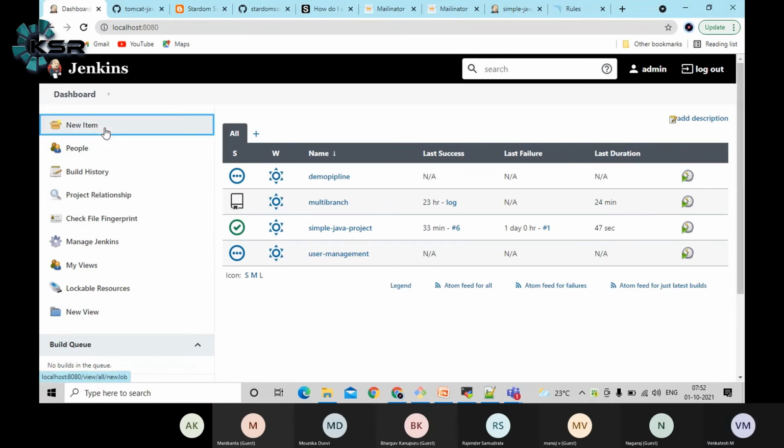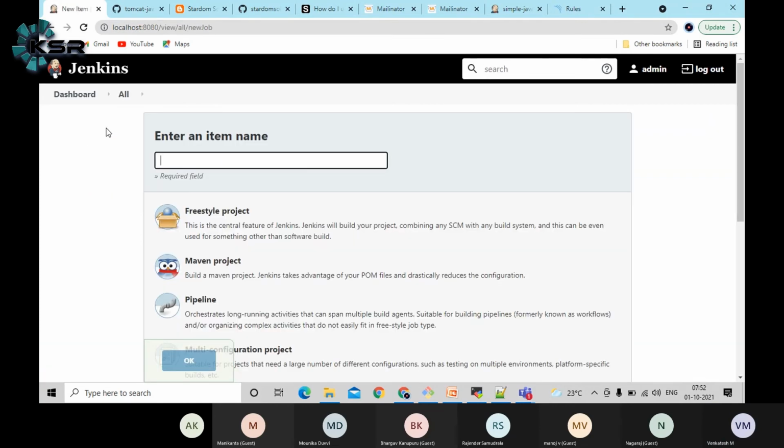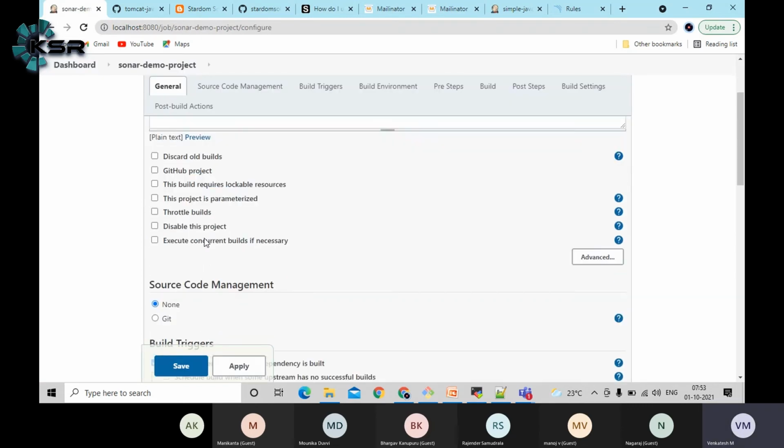Okay. Now I will name it Sonar demo project, some random name I'm just giving, guys. Just choose Maven if you want. Click on OK. Now go to the repository, guys.